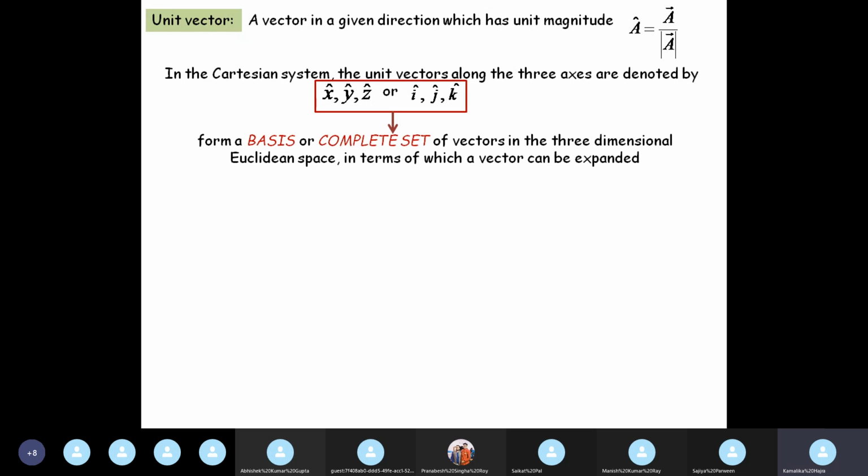Now, these unit vectors, i cap, j cap, k cap, or x cap, y cap, z cap, whichever way you represent it, they form a basis or a complete set of vectors in the three-dimensional Euclidean space. What does that mean? What do I mean when I say they form a complete set or a basis? It means that any vector can be